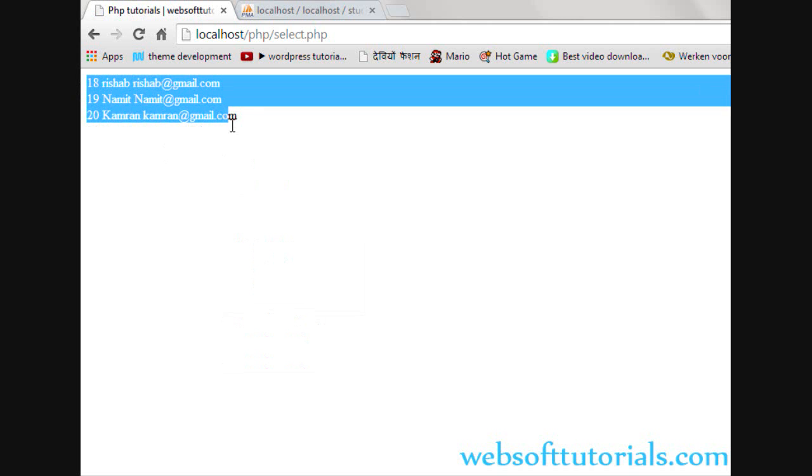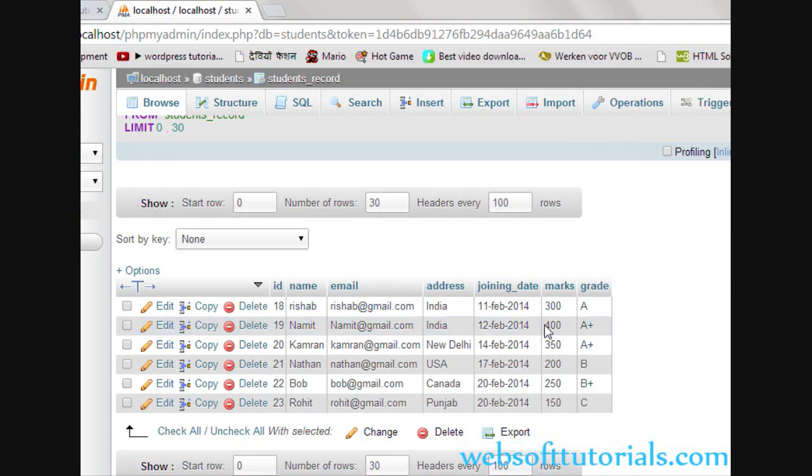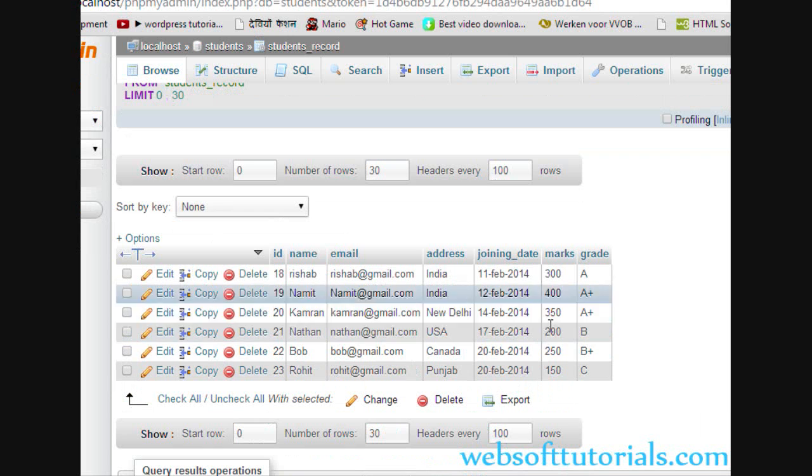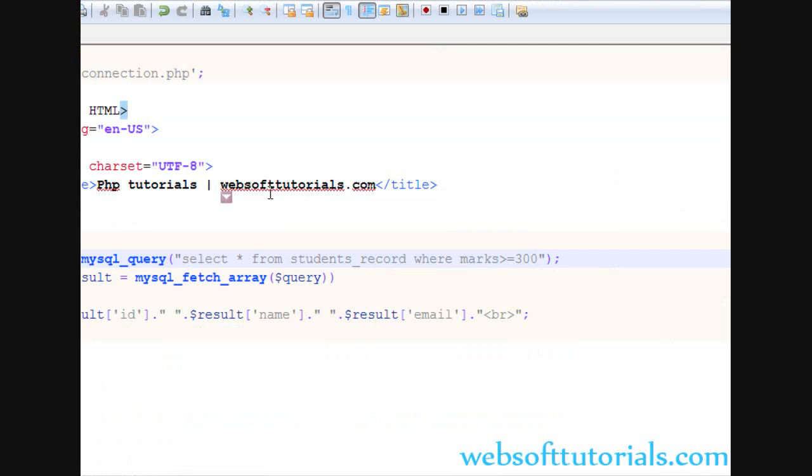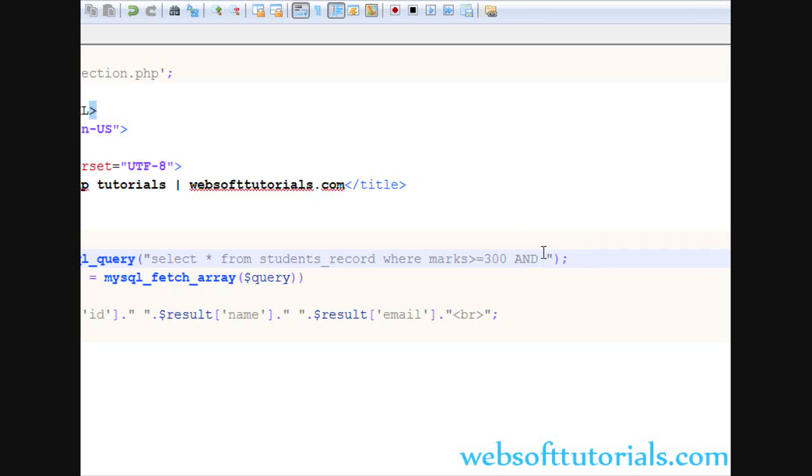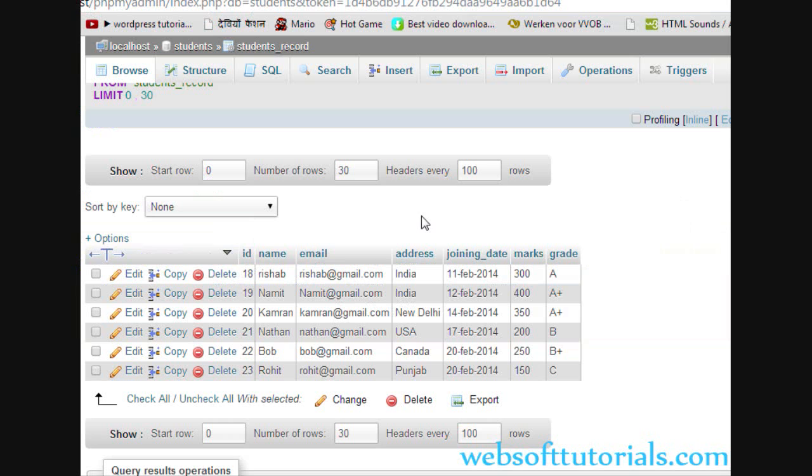So it is displaying the data of these three students because these three students have marks greater than 300. Now we will apply second condition. So we will use AND operator, and then we will use second condition. Suppose I want to check out